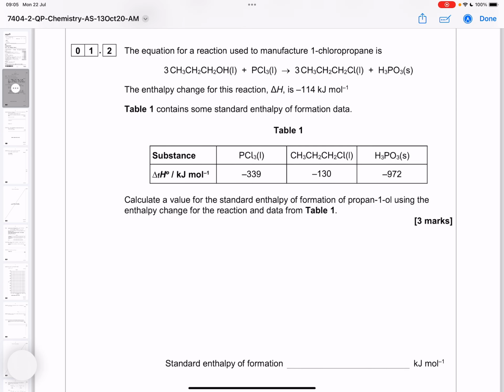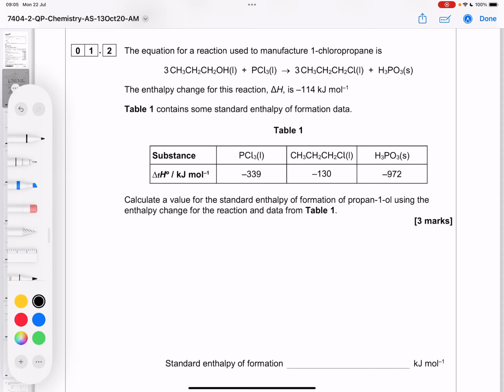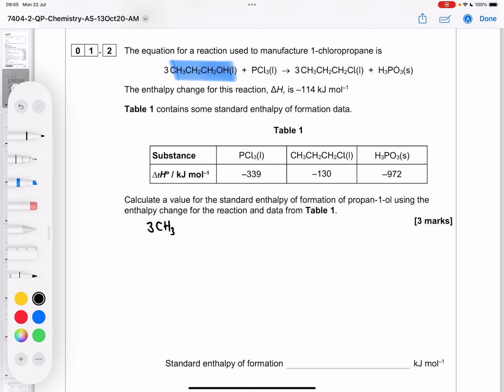The equation for the reaction used to manufacture 1-chloropropane is shown. The enthalpy change for this reaction is minus 114 kilojoules per mole. And then we've got some enthalpy of formation data, and we're being asked to calculate the enthalpy of formation for propan-1-ol, bearing in mind that propan-1-ol is here in our equation, using the enthalpy change data in the table and the enthalpy change they've given us. Now, because this is formation data, it's about forming things from the elements in their standard states. So we could create a cycle